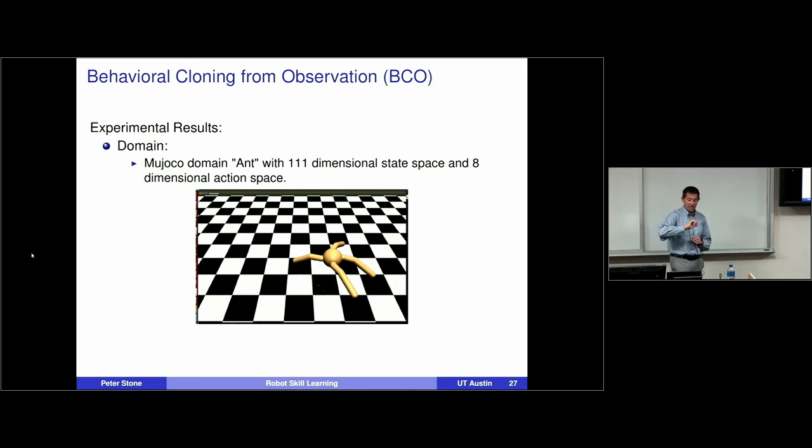If your objective is just to get the ant to walk, you just need to see one demonstration, or one set of demonstrations from one policy, and that can get you to a place where you can then improve it if you want. If you want to mimic different policies, then you'll have to start over to mimic the second one. It depends what your objective is. Are you trying to match the observed behavior or just get good walking? If you're just trying to get good walking, then you can ignore the future demonstrations you get.